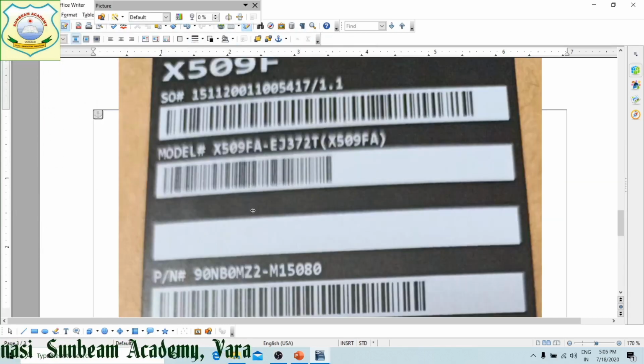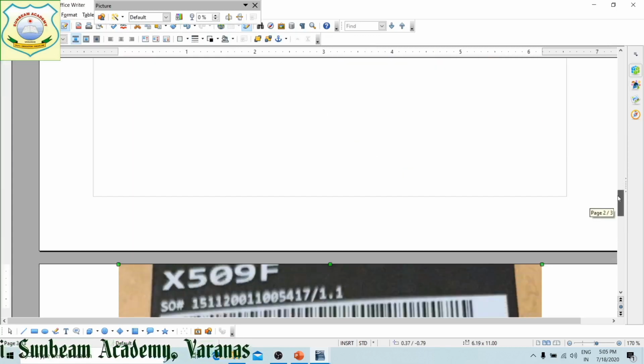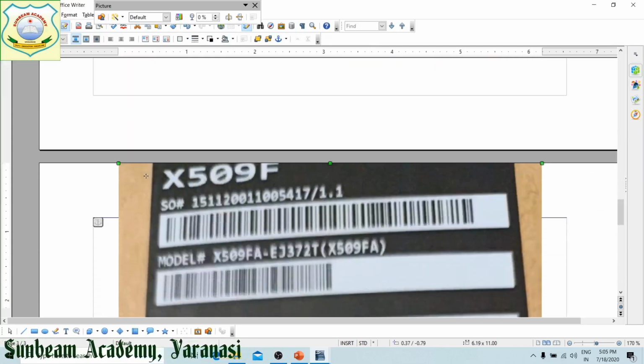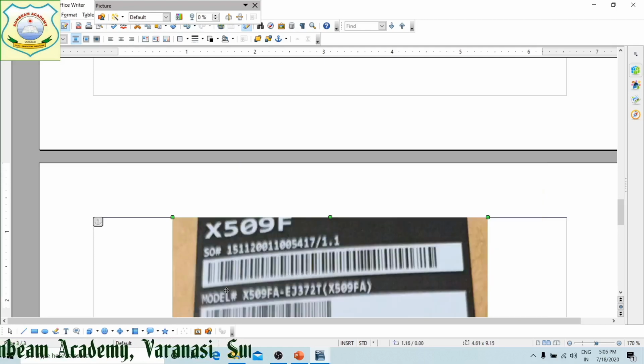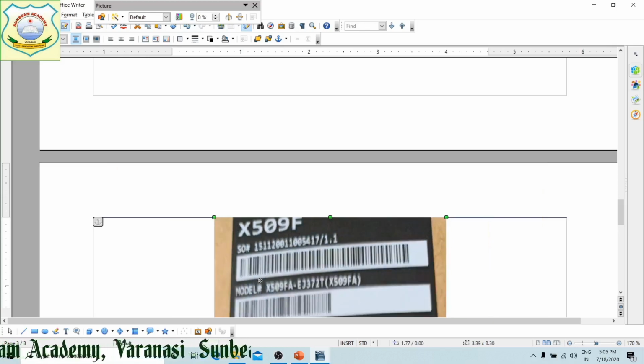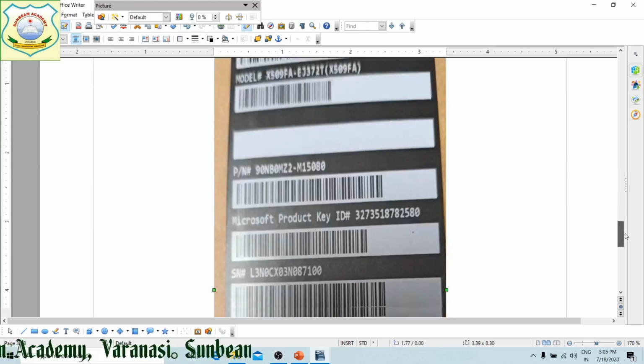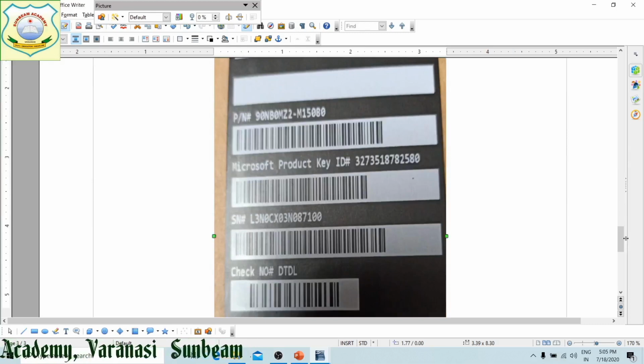Now your file has been pasted over here. Now this size you can increase or decrease by this resize handle, right? You can see, always use the diagonal because it maintains the length and width ratio, right? This is all about your picture.